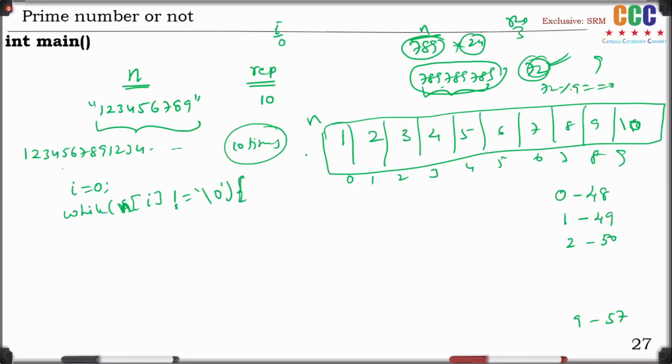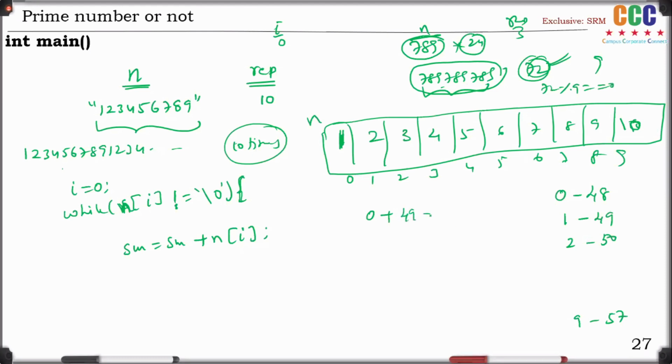Therefore, this one is in character format. If you add sum equal to sum plus n of I, then what will happen, my dear friends? Sum is 0, right? N of 0 is 1, but the ASCII value of 1 is 49.